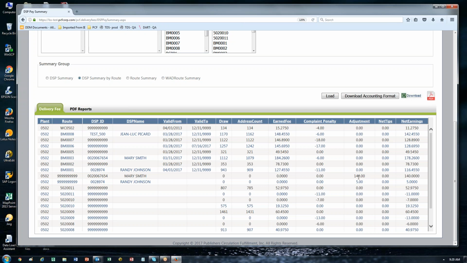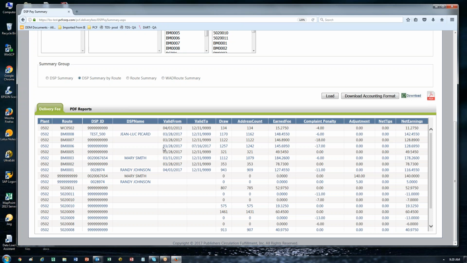So again, you'll be able to actually see how everything breaks down by the individual routes. And this way you can check each route individually. If it was a route turnover event, meaning that the route was vacant and you put a carrier on it, then at that point, what we recommend is actually looking at the data and making sure that the active dates